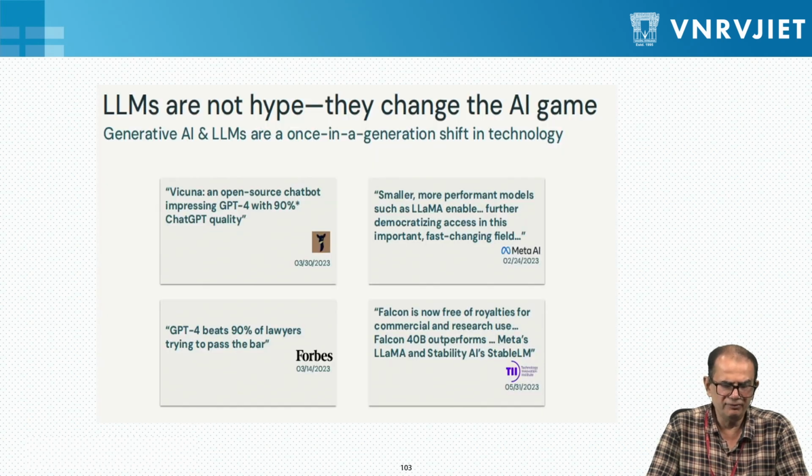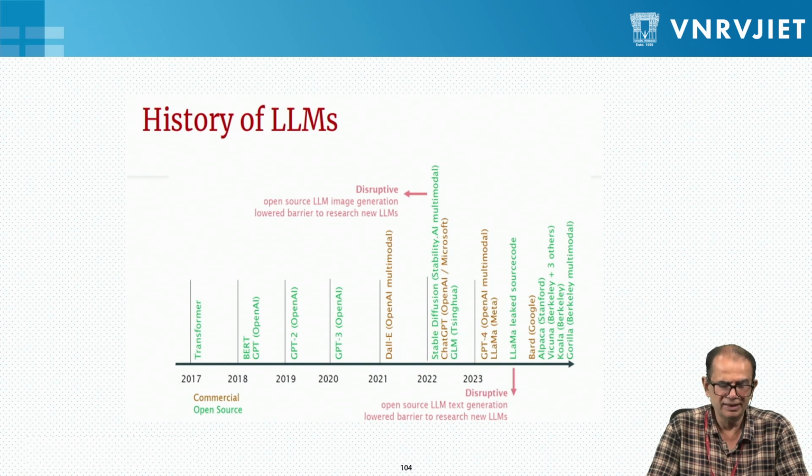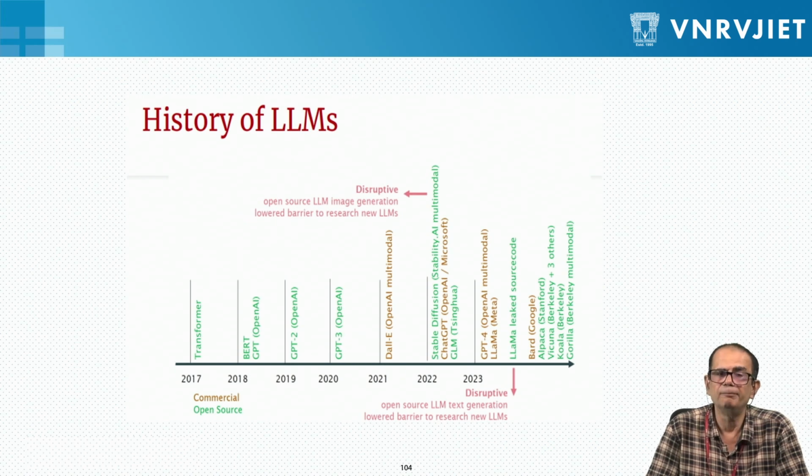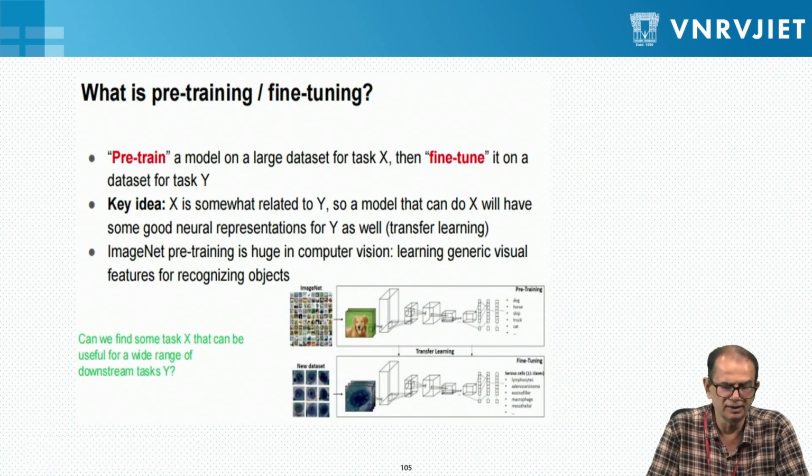We have briefly talked about LLMs, and as you can see they are basically going to change the game. Okay, this is about the history, and as you can see from 2017 we have had the LLMs come up, and till today the LLMs are being evolved, refined, and new versions are coming in. So we need to be careful that these LLMs are coming, and we need to use the latest LLM as much as possible.